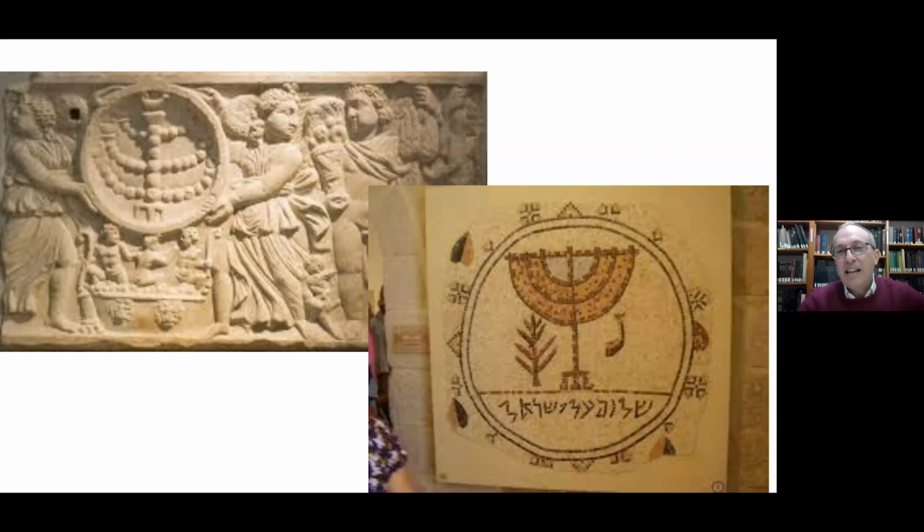And there you see an inscription under that menorah that says, Shalom al Yisrael, right? Peace upon Israel. You see the branch of the olive tree. And in addition to that, you also see the shofar on the right side of the menorah. By late antiquity, it had become a Jewish symbol par excellence. And again, you see that menorah carved into many, many sarcophagi.